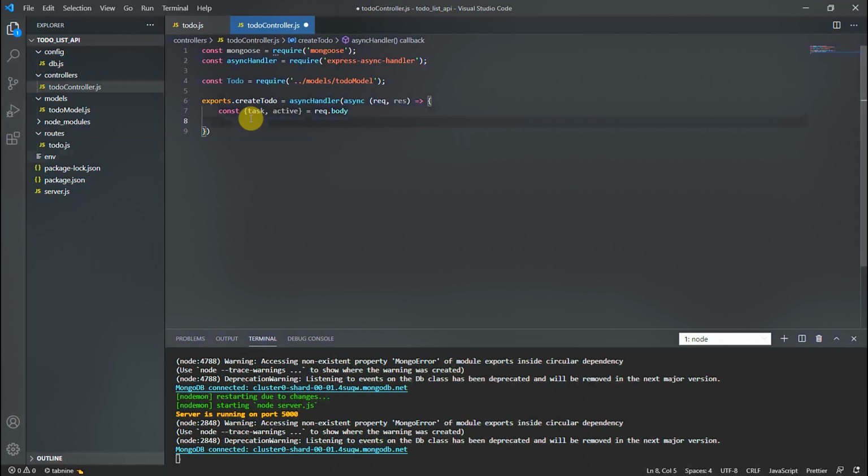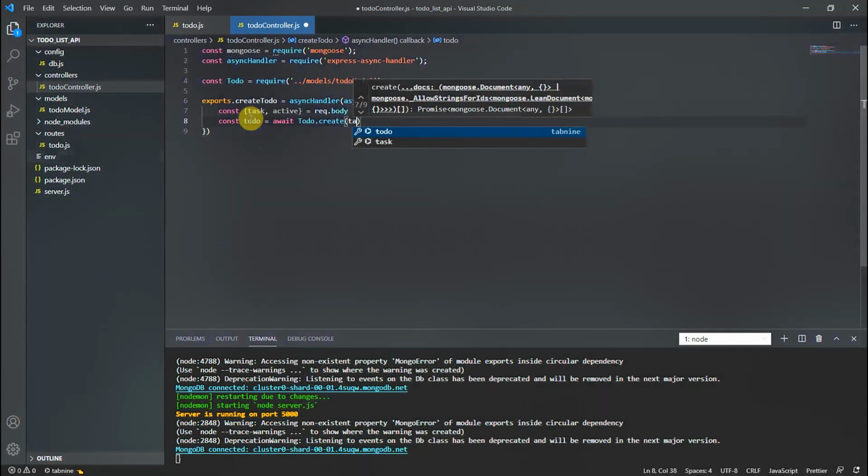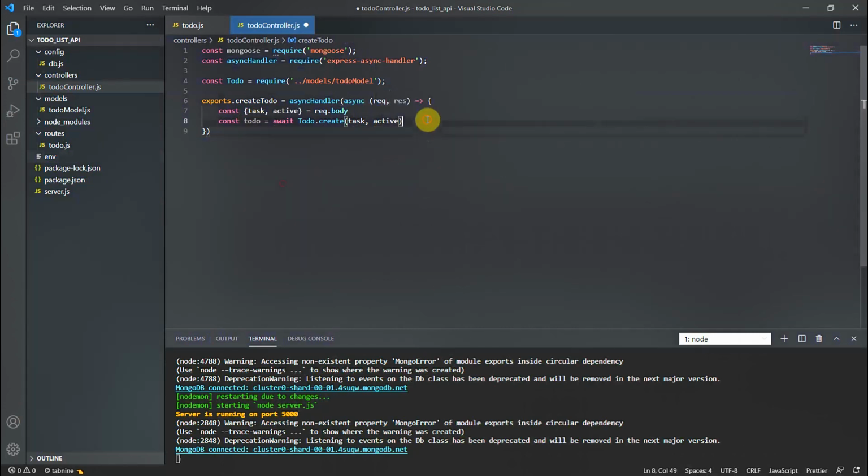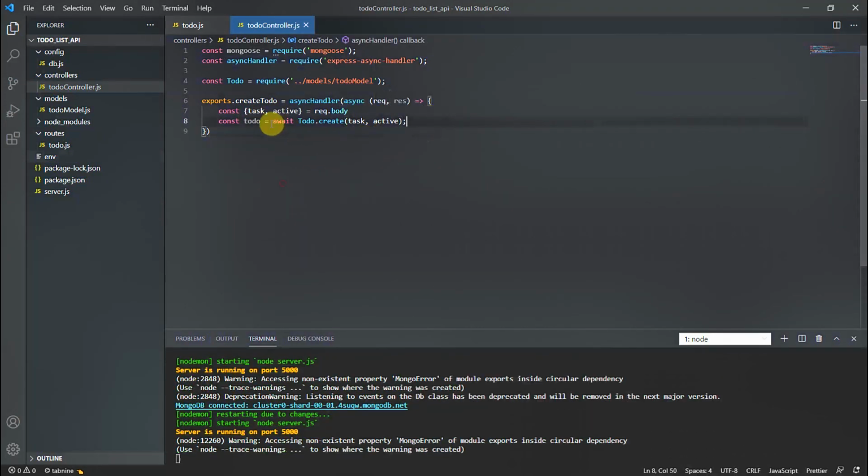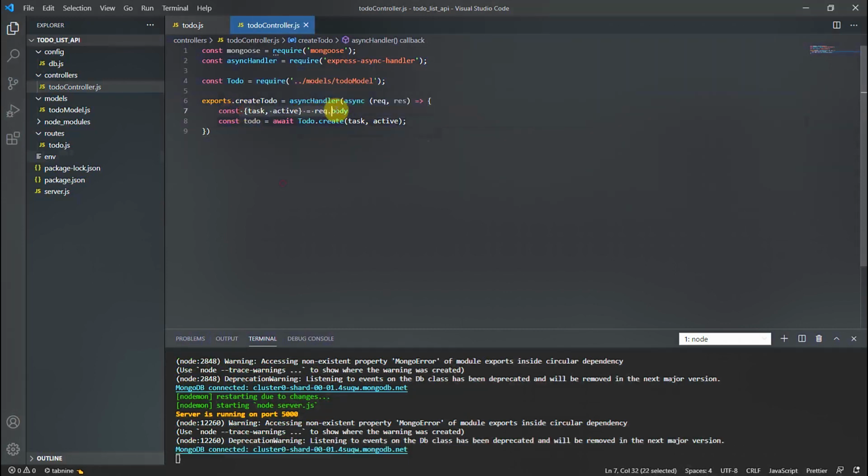So const todo equal to await Todo.create, and then task, active. So this first one is created, meaning that first to do list is created.